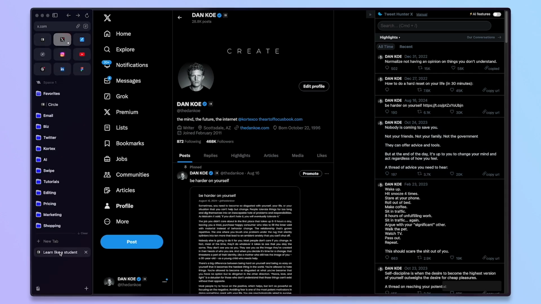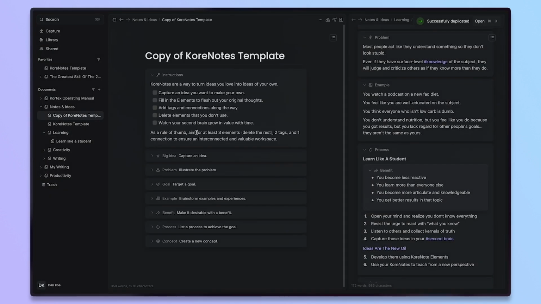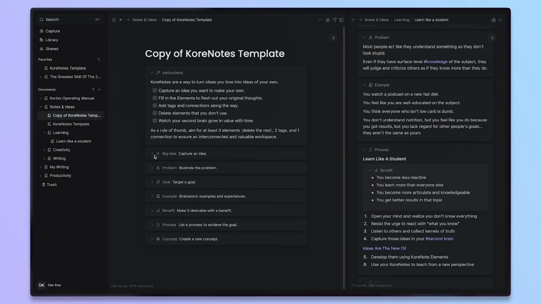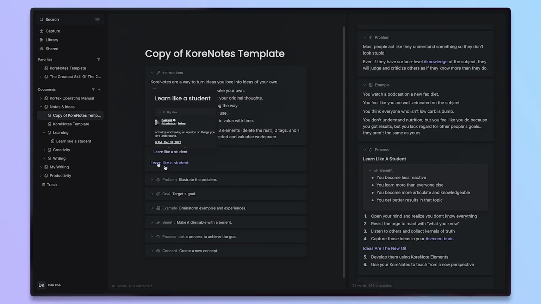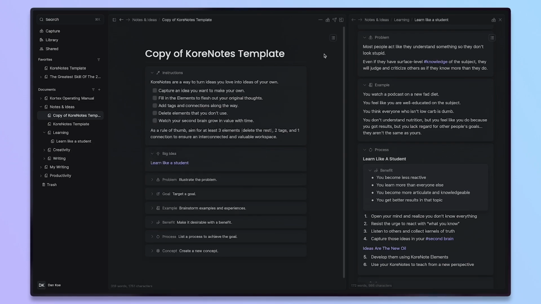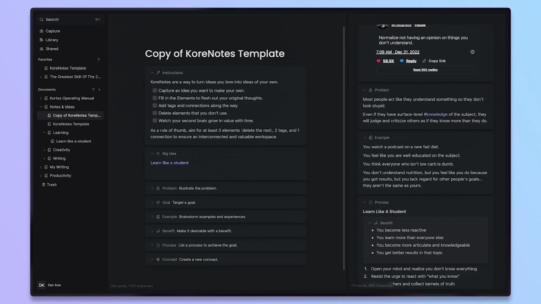So what we're going to do is go back to Cortex. We're going to duplicate our core notes template. We're going to open this. We're going to connect a specific document. So we're going to take the big idea, and I'm just going to straight up add Learn Like a Student here, right? And then from here, this is connected to this document. As you can see here, it's a connection, and it's also an incoming connection to the Learn Like a Student document. So if we have this one open, we can start to work with it to really get a big idea. But the idea we wanted to use is that nobody is coming to save you, and that's a typically